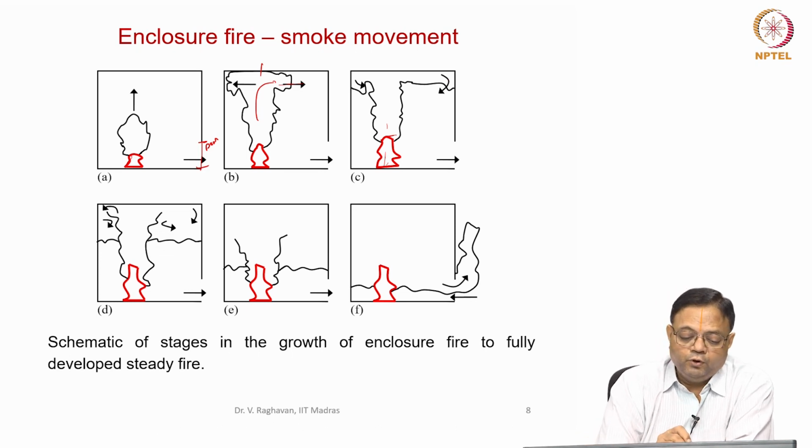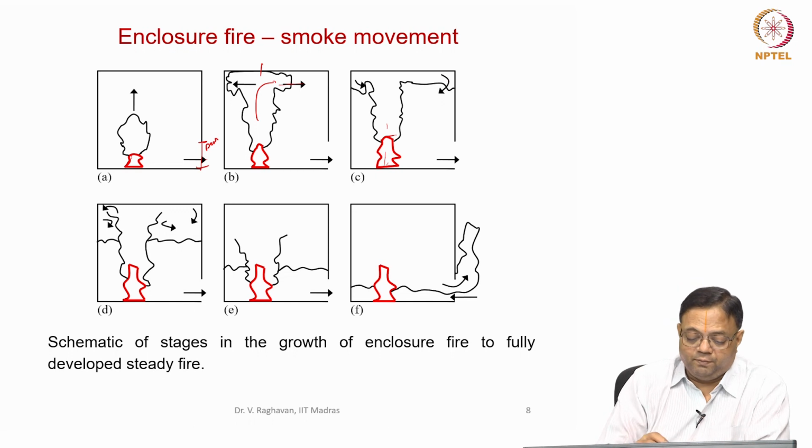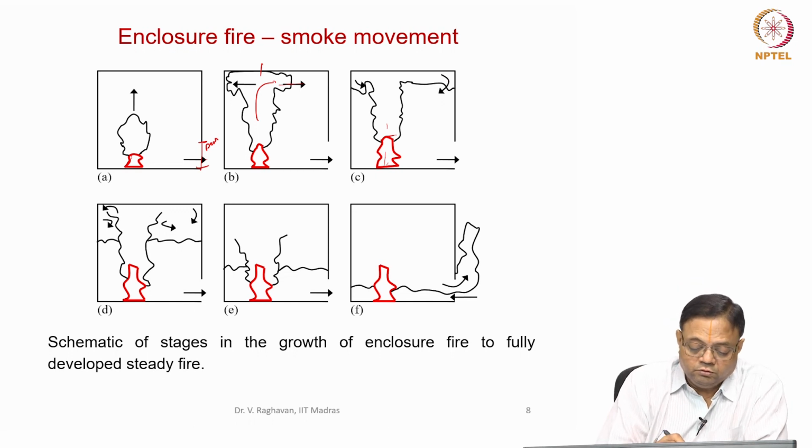So you can see that due to this fire there will be some outward movement of the gases in these stages. Now what happens is the fire is still burning, maybe the fire has reached the steady heat release condition,